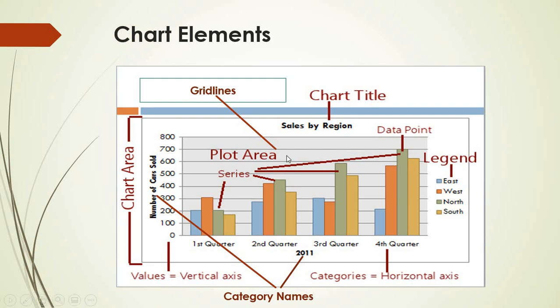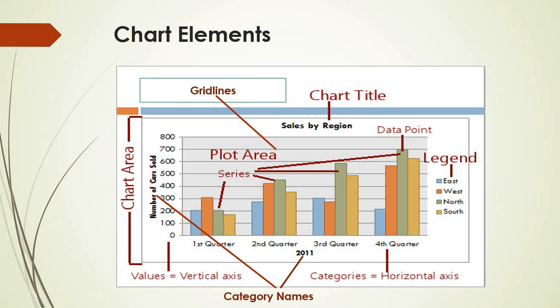Next one is the grid lines. Now grid lines can be either horizontal or vertical lines depending on the selected chart type. Okay, here we have horizontal lines only. In a bar chart, we can use vertical lines. So these lines are called the grid lines, and they also make it easier to read and understand the values. Now chart title. It describes the aim and content of the chart. Okay, so what is the aim of the chart? You can write it in the chart title. So these are the elements of the chart.